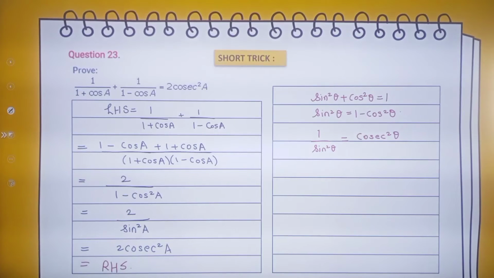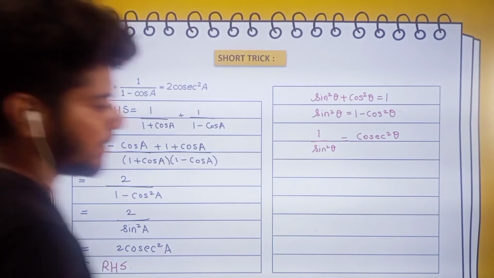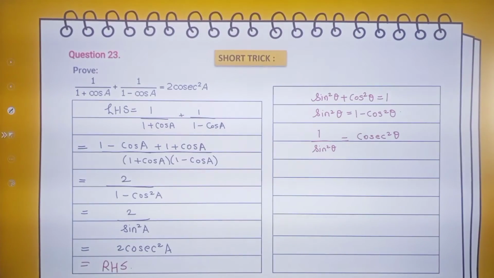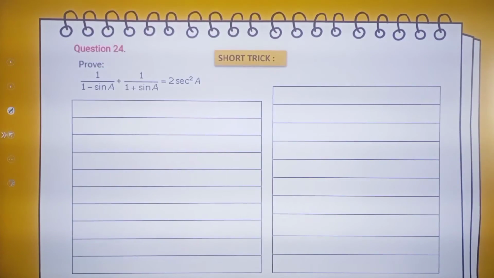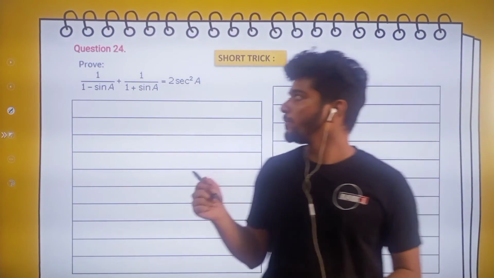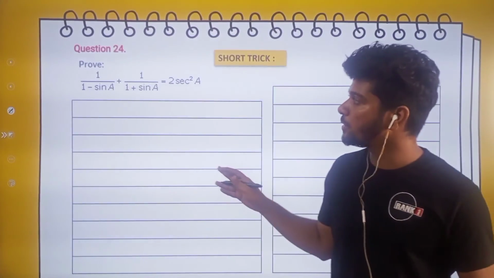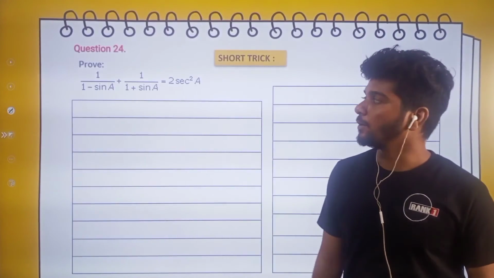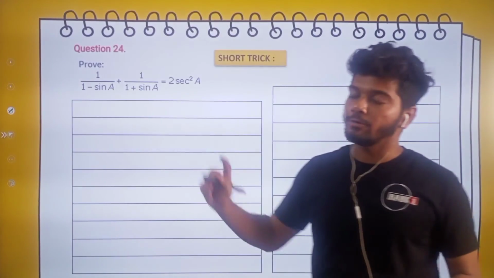Fine. Did you complete the sum? Yes. Take the screenshot quickly. Pause the video. Okay, chalo, next. See, 24th sum, I want you to solve this sum on your own. I'm giving you 2 minutes. Pause the video, then you can proceed. Pause the video first.